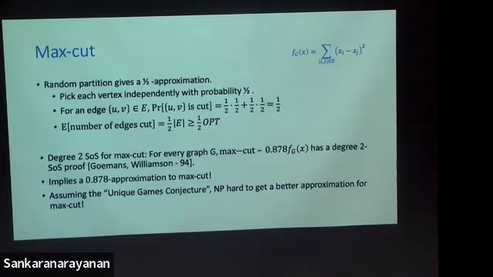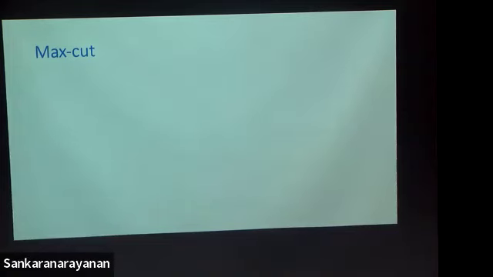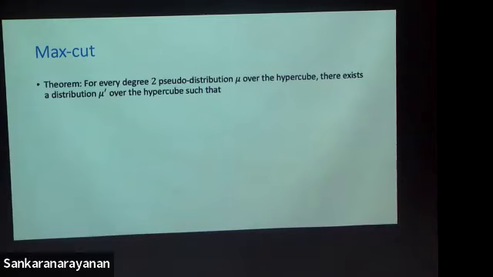So at least I'll tell you the algorithm and then a sketch of the analysis. What we're going to do is solve the SDP for the max cut polynomial, and that will give you a degree 2 pseudo distribution. So let mu be this pseudo distribution that you get over the hypercube. What we're going to do is prove that there exists a distribution mu prime over the hypercube, where mu prime is a real distribution, not a pseudo distribution, such that the expected value of this cut polynomial, fg,